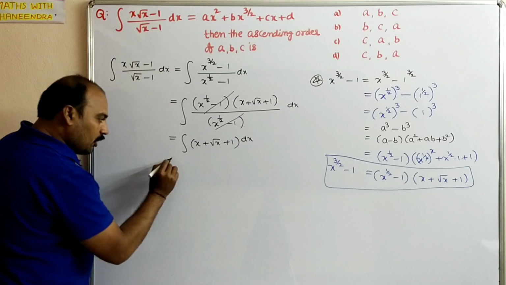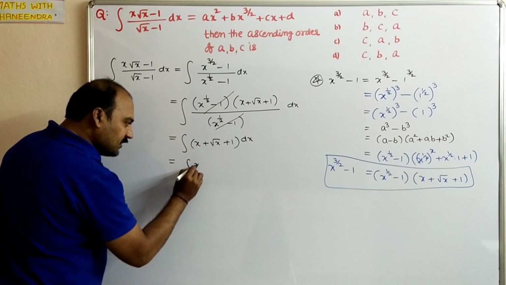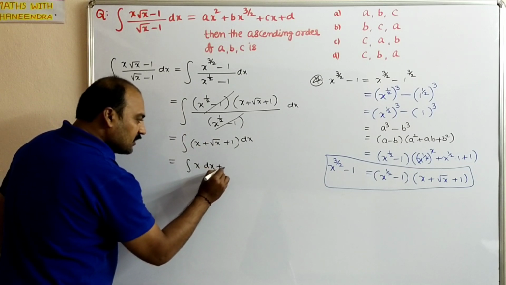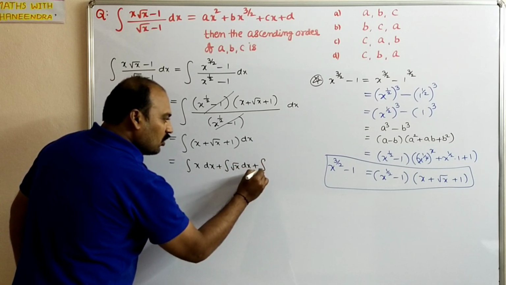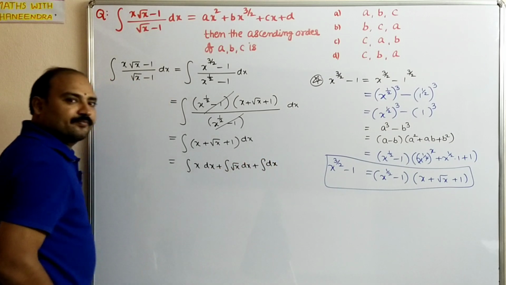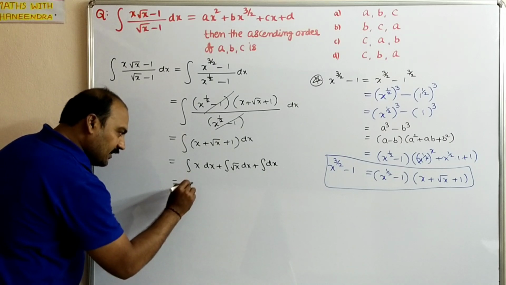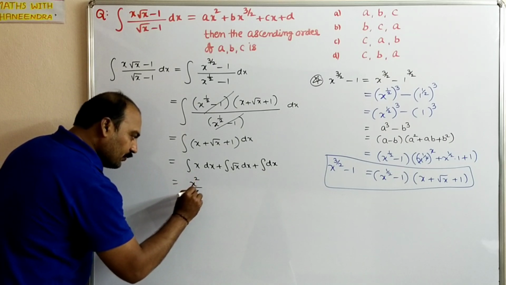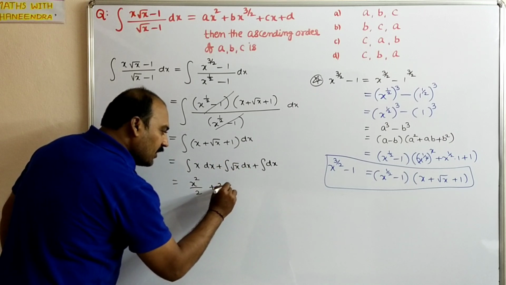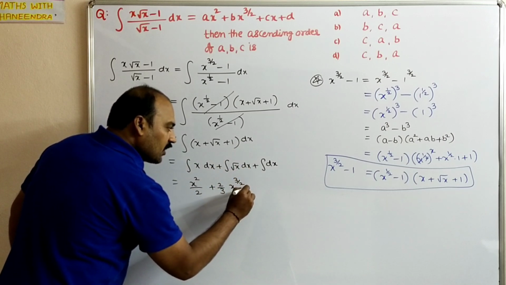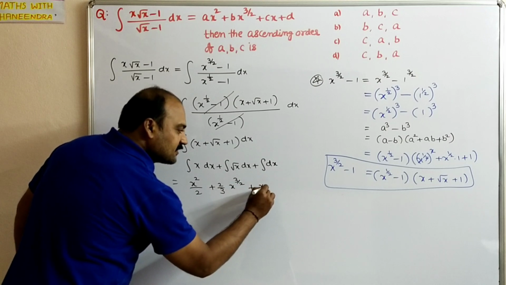Each and every term you have to integrate. Integral x dx plus integral root x dx plus integral 1 dx, which is equal to x square by 2, plus 2 by 3 into x power 3 by 2, plus x